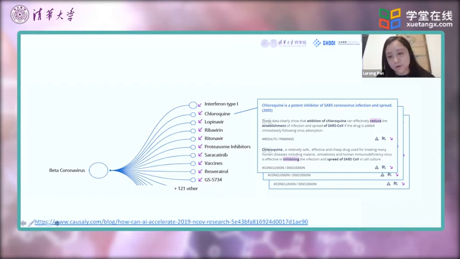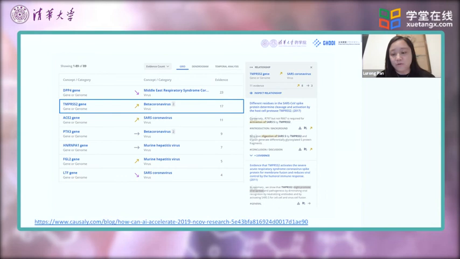So you can see how natural language processing works. It identifies keywords of concepts that they normally have a dictionary of, such as drug names or species names, and then they search for logic relations based on certain wording. They will then be able to identify therapeutics that inhibit SARS, or certain important genes that up- or down-regulate this virus, so that they can lock down a potential therapeutic target or agent to follow on.